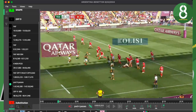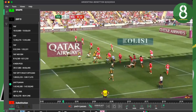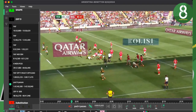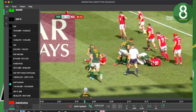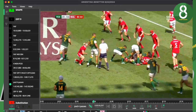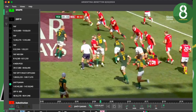So the other player in this case is Dixon, who can move around. So they move the ball before contact, it goes in, Moerat is tackled in the pod, but Dixon can go there, and they can also sometimes try to play close again, and maybe another 9 with another player ready to